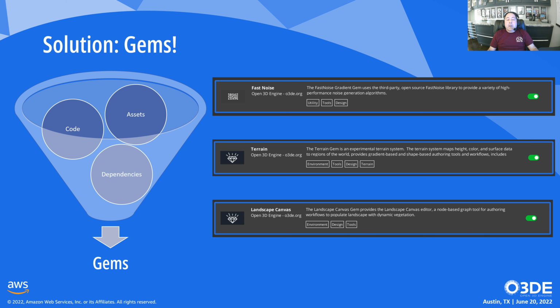The solution to this in O3DE is gems. Gems are packages that contain combinations of assets, code, and system dependencies. Gems can be easily distributed and shared across projects. And because gems are optional additions to a project, they provide an easy way to enable and disable a system at the project level. If a gem isn't included in a project, it's not even compiled, and its assets won't